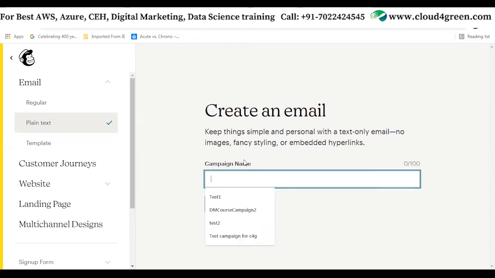So enter the email campaign name, say test campaign 2 for Cloud for Green.